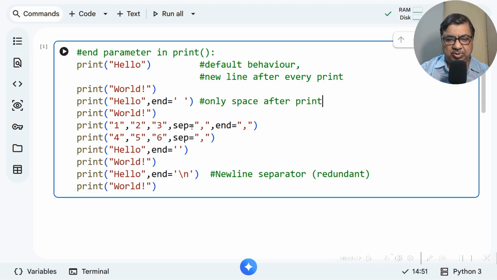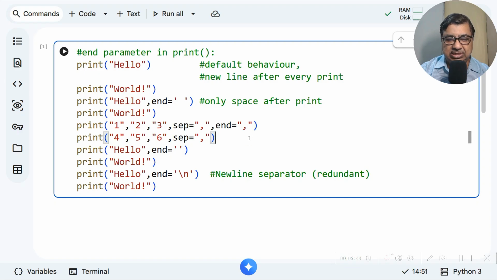Now we explained separator earlier to you. Suppose these two lines we want to print as comma separated data. So we are giving separator comma between all these objects, and the end character here again we are giving comma, and then separator again between these two objects.